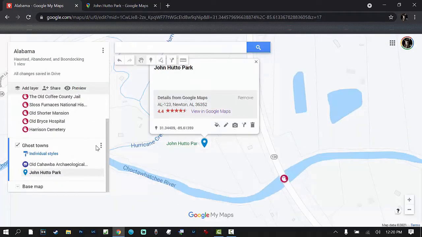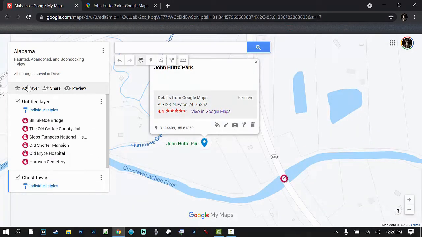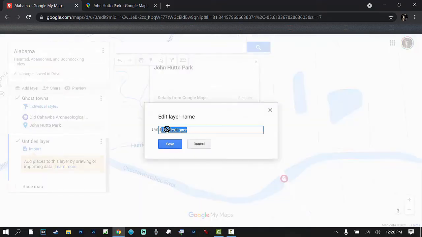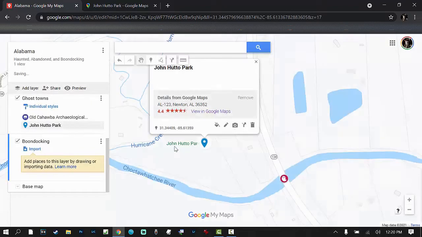So I want to add layer. I'm going to call this layer boondocking. And that'll be my camping spots. So I save that